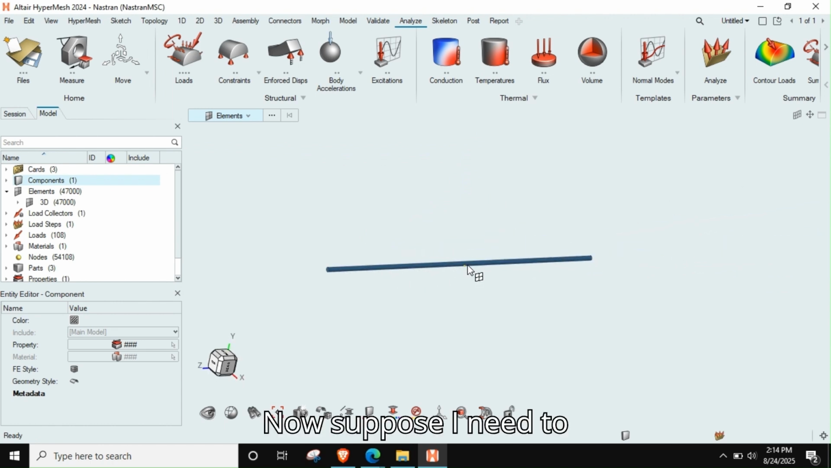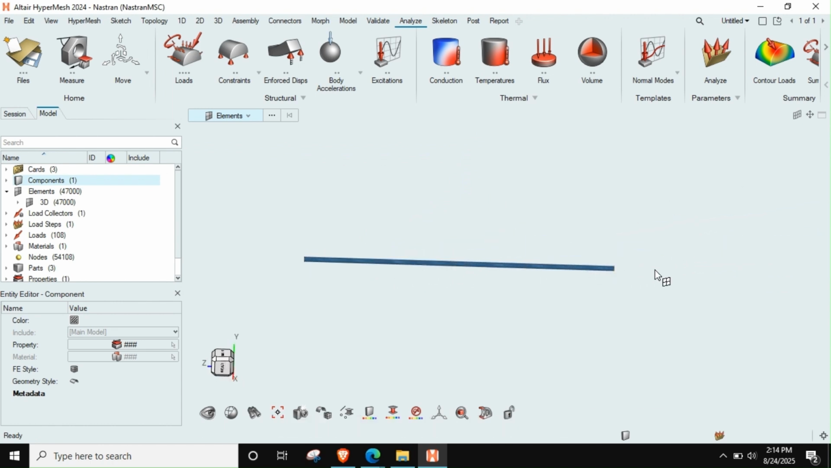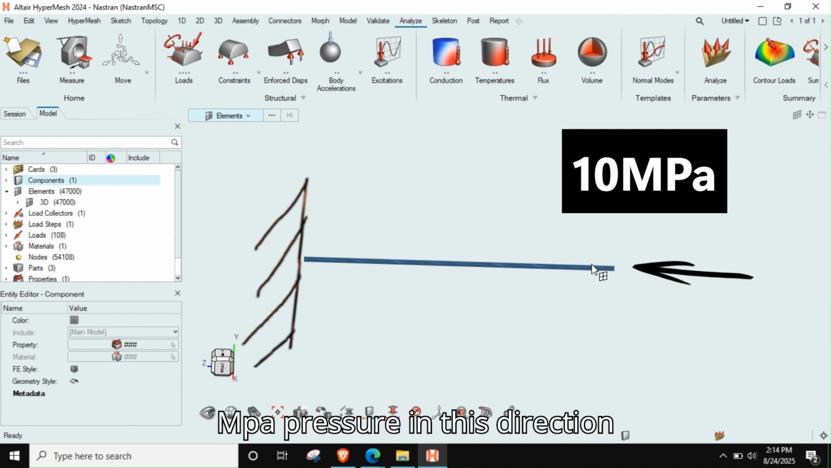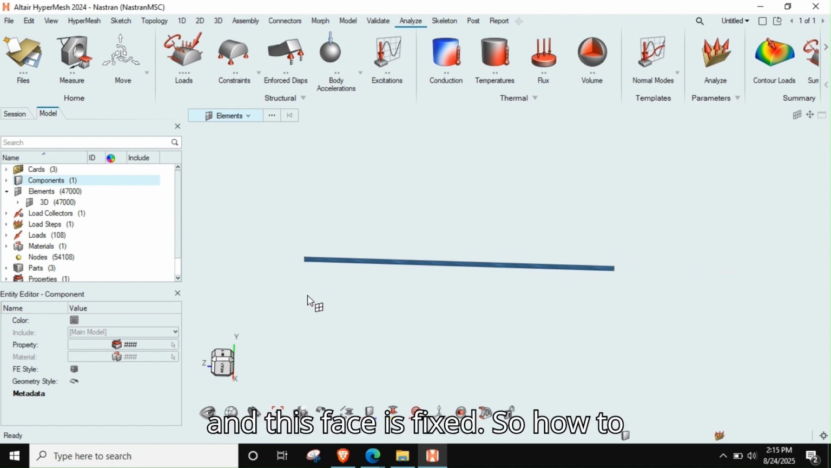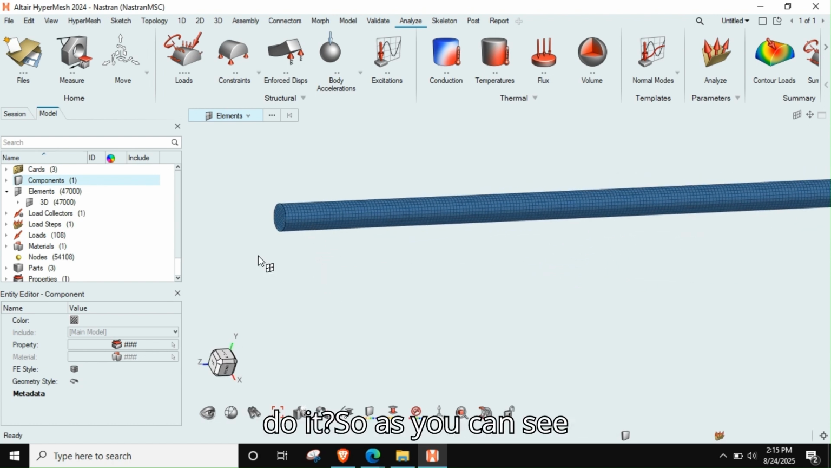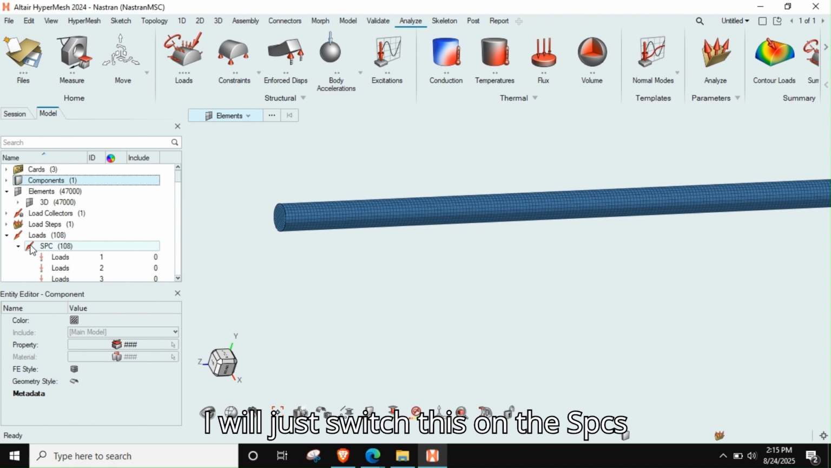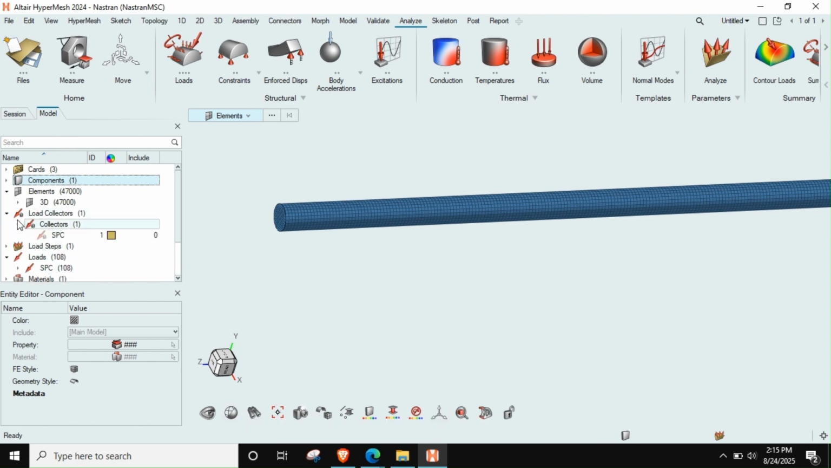Now suppose I need to compress this bar and I'm applying 10 MPa pressure in this direction, and this face is fixed. So how to do it? So as you can see, some SPCs have been defined. I will just switch on the SPCs,